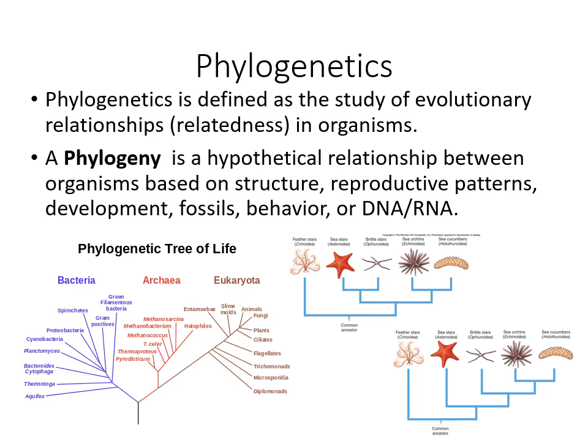In the one on top, sea stars and brittle stars are grouped together. Sea urchins and sea cucumbers are grouped together, and then the feather stars are all by themselves. Whereas in the one on the bottom, sea urchins and sea cucumbers are grouped together, just like they were in the other one. But now all the other ones are separate. So brittle stars are separate from sea stars, which are separate from feather stars. And so these are two different hypotheses. They may be supported looking at different characters. So if you're looking at morphology, maybe the top one is more accurate. If you're looking at DNA, maybe the bottom one is more accurate.